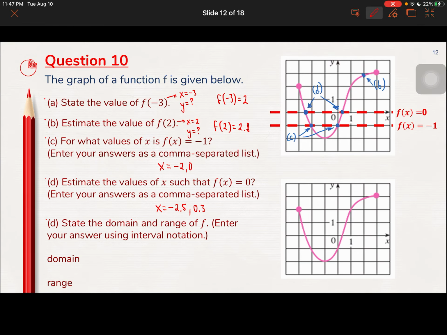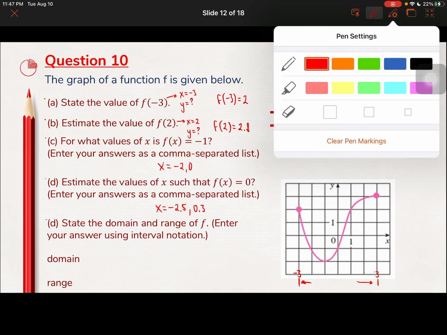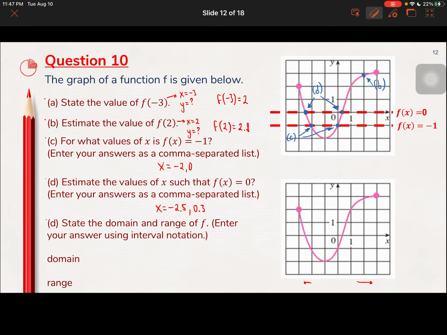So if we see going from left to right, we are here at -3, and then 2, 3. I think it's better if I use this way to do this. So it's -3 to 3, and